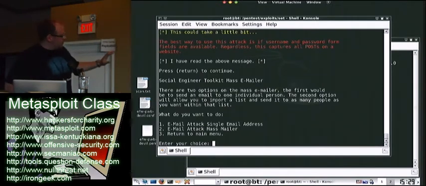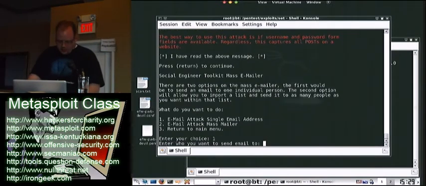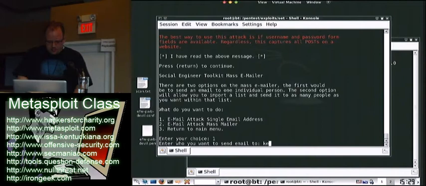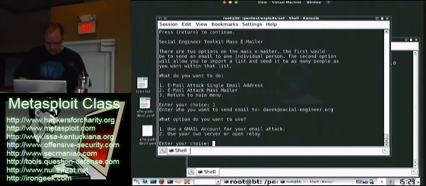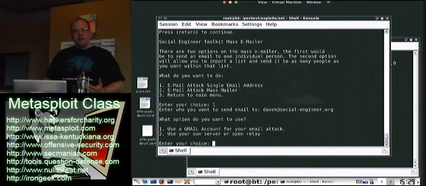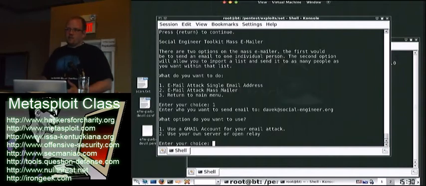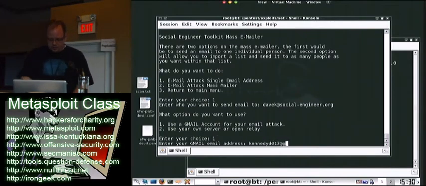And if you see here, we're now prompted for email. So we can send a single email address or a mass email. The specific format is just one email address per line: email address, enter, email address, enter, etc. So we'll send it to my email address. And here it integrates into Gmail, so if you have a Gmail account, it'll send it from there. Or if you want to use your own relay server, for example an SMTP server, it provides both credentials or anonymous. If you had Sendmail here, it automatically prompted for a Sendmail email as well. But we'll just go ahead and use Gmail. We'll use my email address.